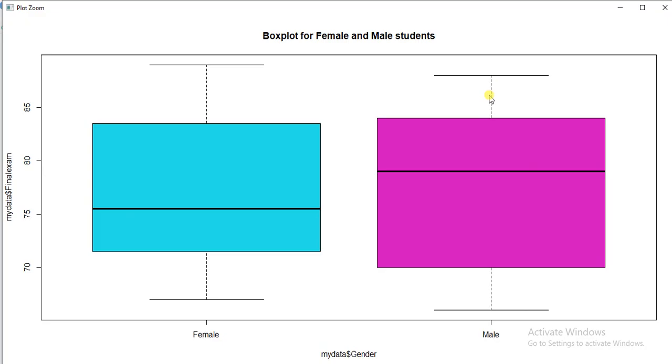So we can compare the two groups: the distribution of marks among female students and the distribution of marks of male students. The range of the data we can find as upper whisker minus lower whisker. This would be the range of distribution of the marks obtained by both female and male students.